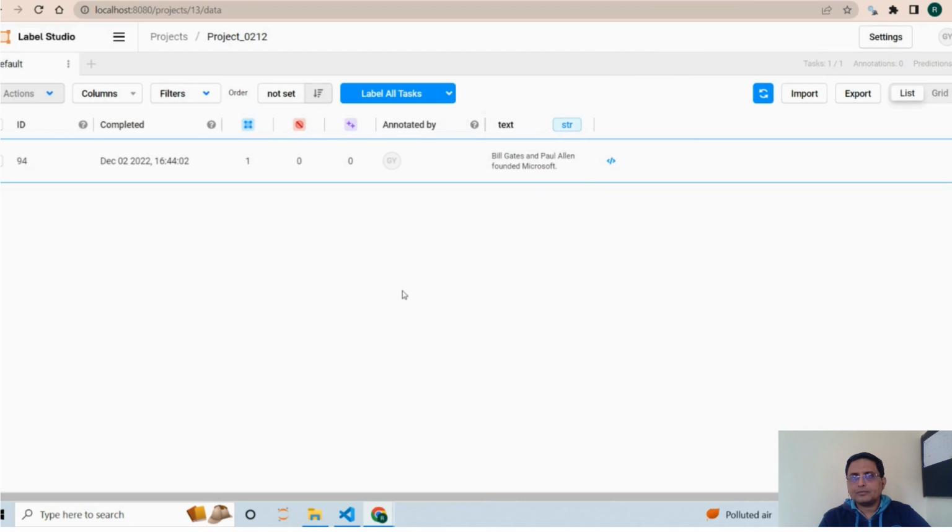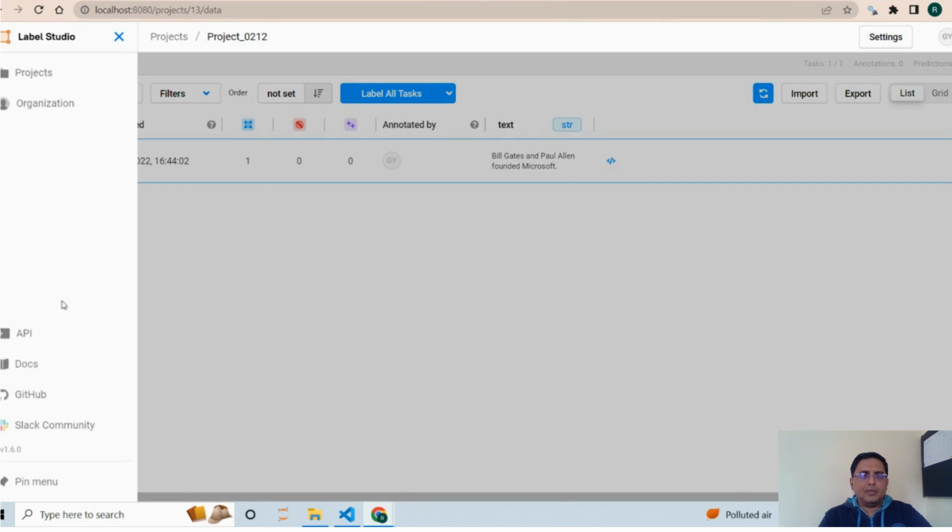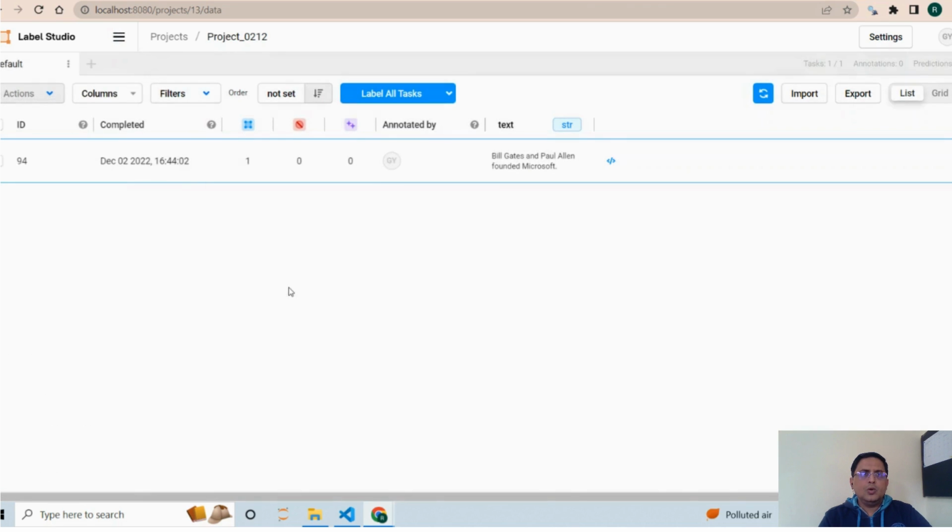relations as well. So we can actually experiment a lot more and get more understanding about Label Studio. Hope it gave you some understanding to go about as a beginner, right, and perform some immediate annotation tasks that you might be